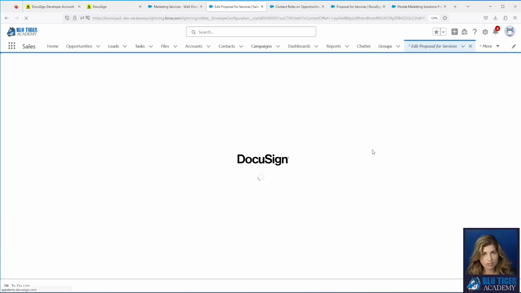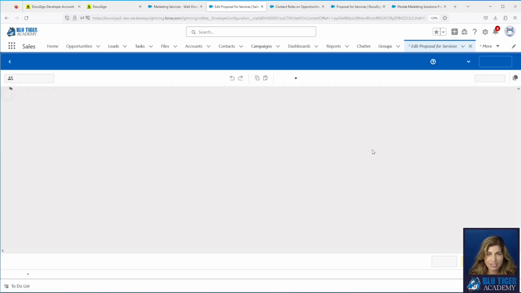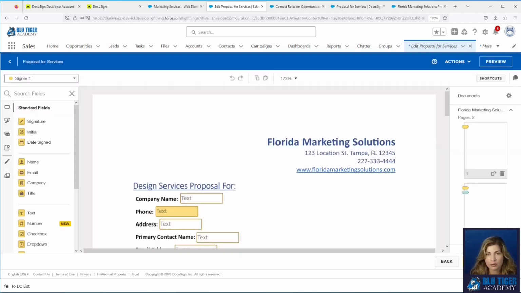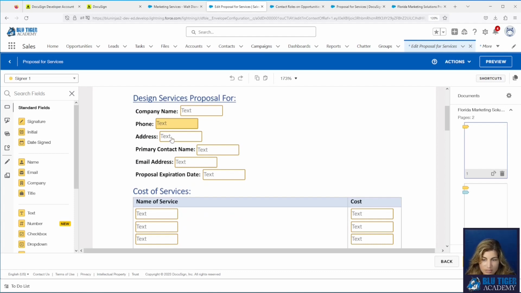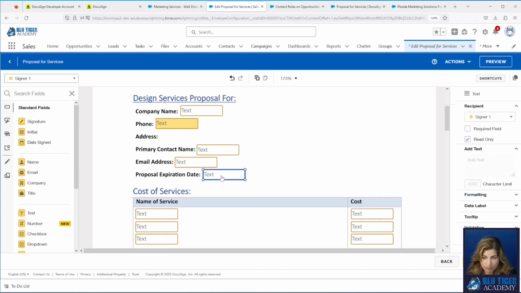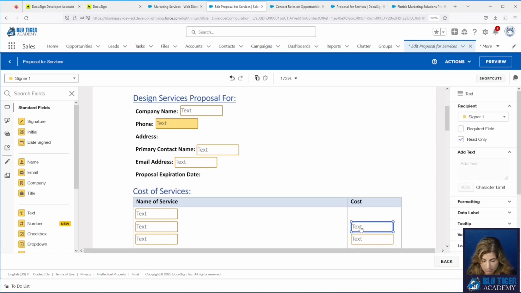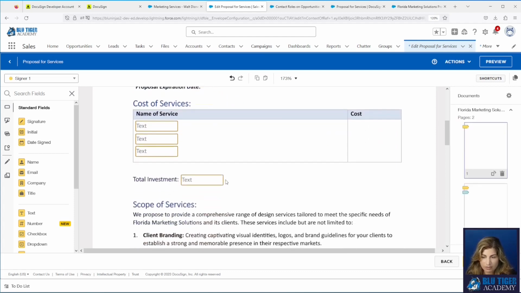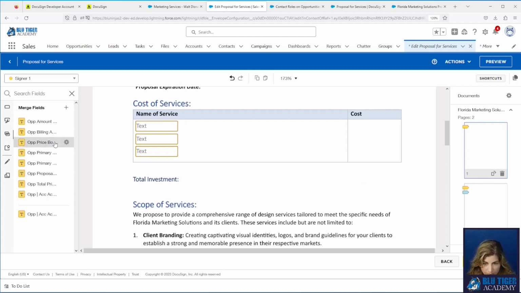Now you might think that you're all set. Not so much. Anytime that you make a change to a field merge, it does not auto update on your templates. This is so crucially important. You will notice that nothing updates anywhere, which is kind of what you want, right? You don't want a change to a field to update a whole bunch of templates that you have configured out there. What you will need to do is remove the field from the layout, and then you're going to add it back again, because this field has the old configuration and you want the fields with the new configuration.